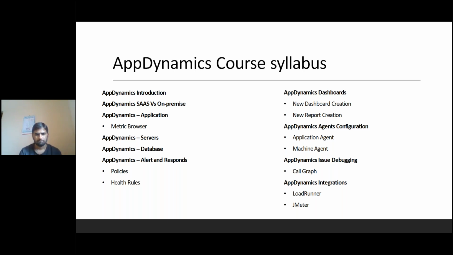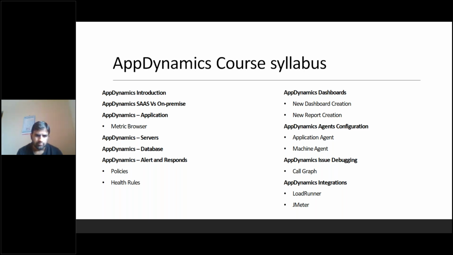Because I know in this forum many are currently doing performance testing activity. The way the performance testers provide the report, in what way is it different when we are using these APM tools? That understanding we should have before going into these APM tools. That is what we are going to learn in this. And also in App Dynamics, what are all the different features and capabilities that are available, we are going to learn in this course journey.